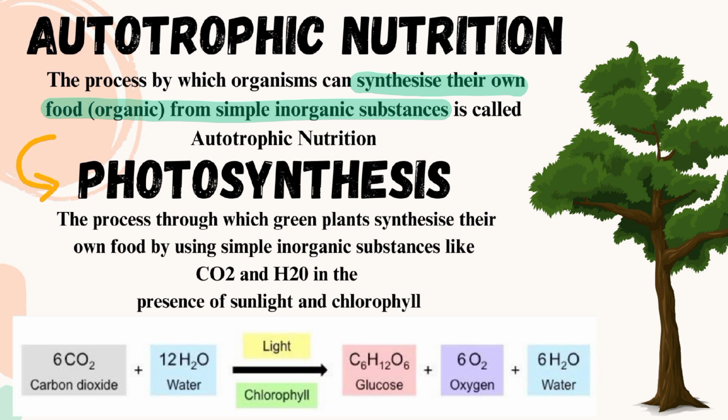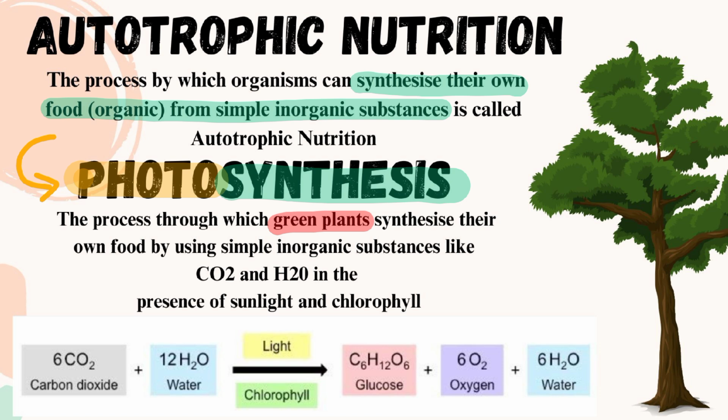Okay, if we are looking at this word photosynthesis, there are two main words associated with it. The first word is photo, and the second word is synthesis. What this term means is synthesis of food in the presence of photo. Photo is light. So it is a process of synthesis of food in the presence of light. So photosynthesis is a process by which